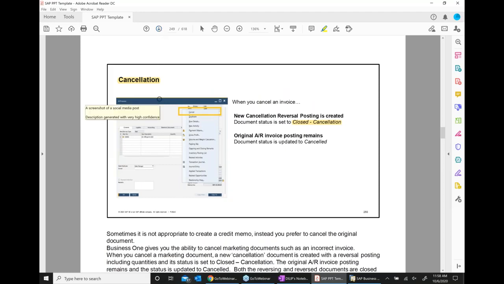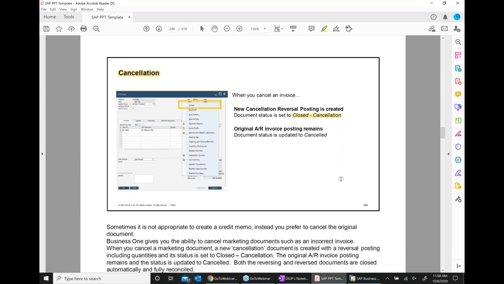We can do cancellation also. Sometimes we need to cancel, and we want to cancel that invoice. You can do cancellation as well.